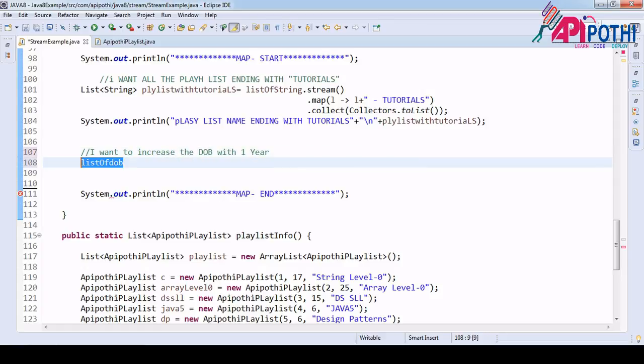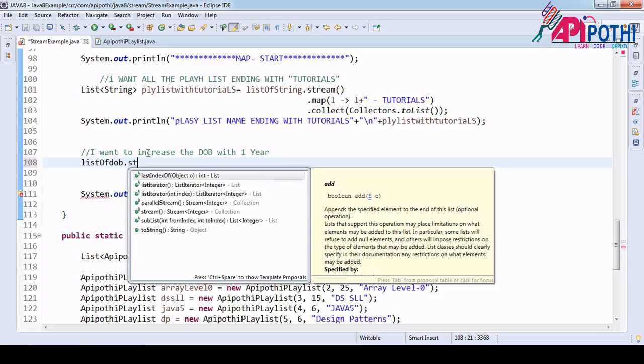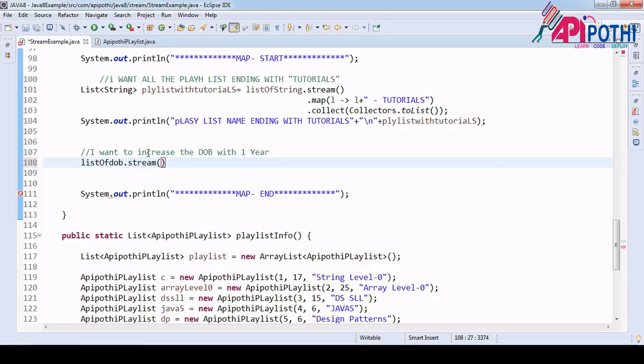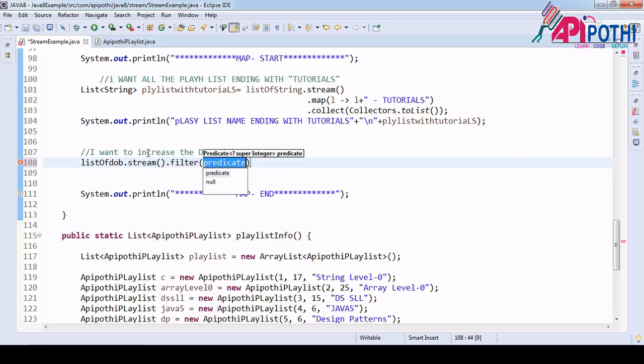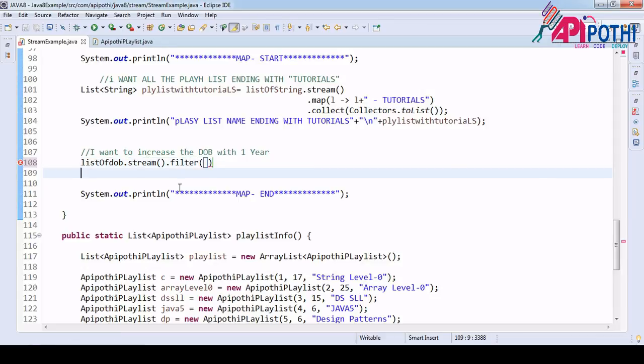So here this is the raw data. I want this data to be inside the pipe. Pipe means stream. So here is the stream. Once data is inside the stream, as per this operation, I want to do the map. I don't want to do the filter since I need all the data. Now in map, the business requirement is that I want to increase the date of birth by 1. So P, I want this P to be increased by 1.